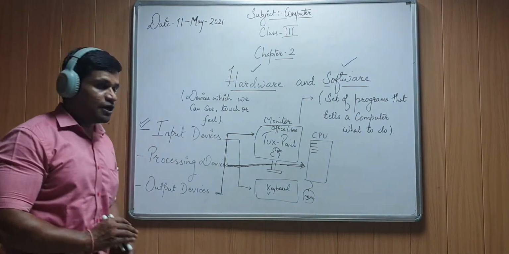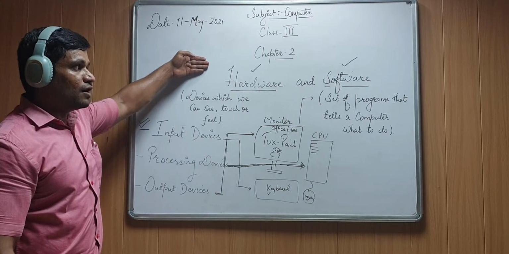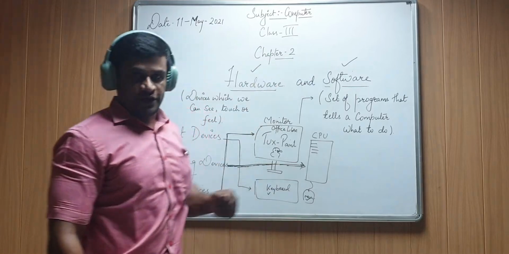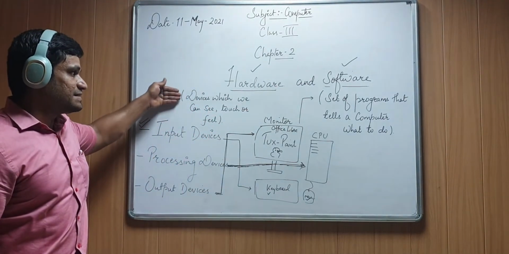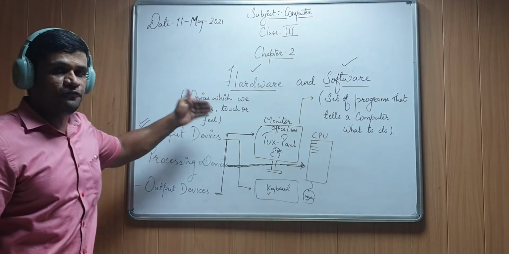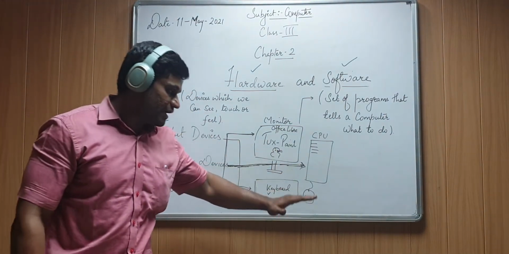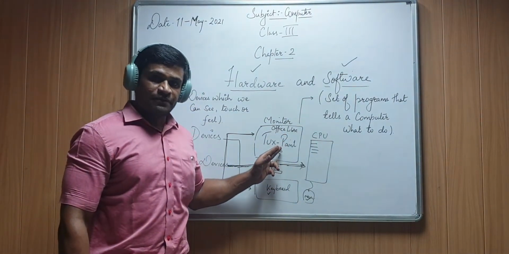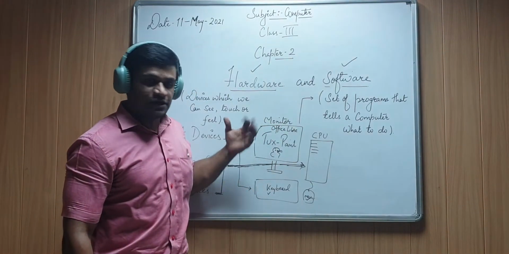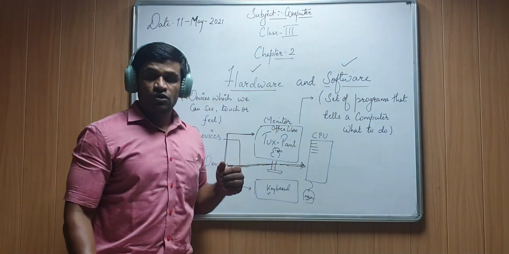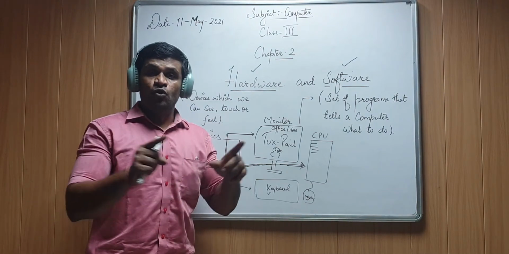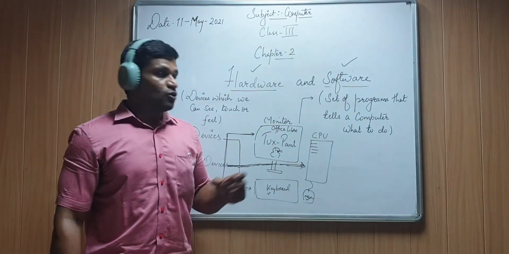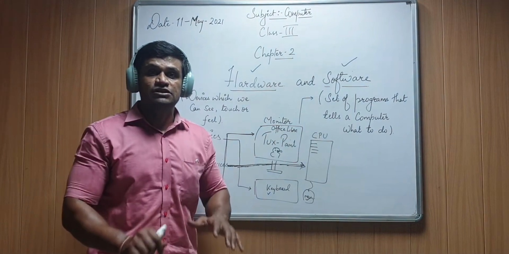So what we have learned is that computer works on two things. It requires hardware, it requires software. Hardware is the devices which we can touch, see or feel. जिन्हें हम टच कर सकते हैं, देख सकते हैं, फील कर सकते हैं, they are the hardware. The programs inside the computer, like we have done in previous class, Office LibreWriter, Tux Paint, yes or no? Nowadays we watch movies, we open up Google Chrome or web browsers. So all these programs which are stored in the computer, which we can't touch, हम touch नहीं कर सकते हैं,